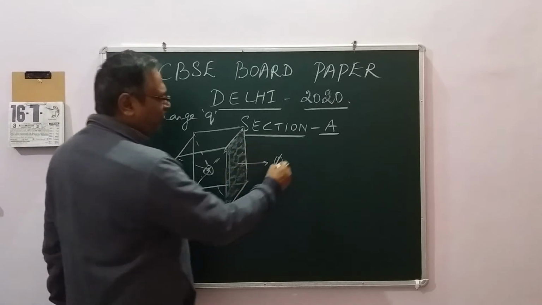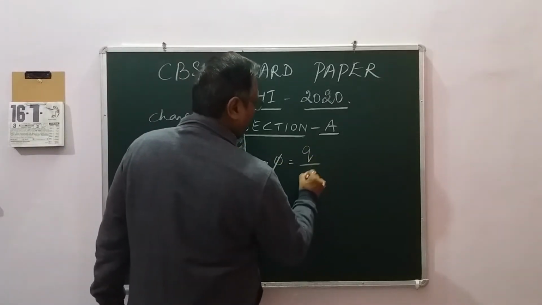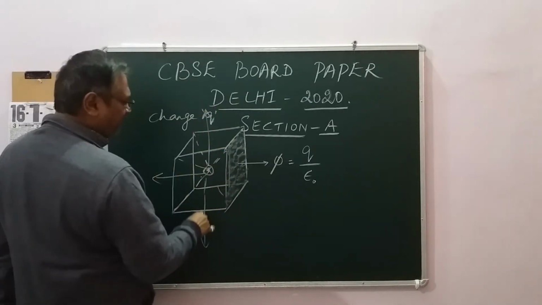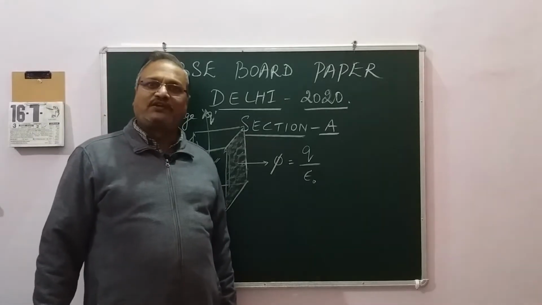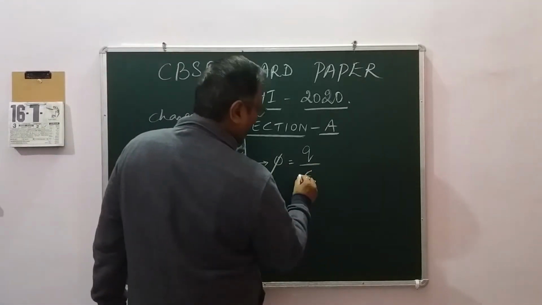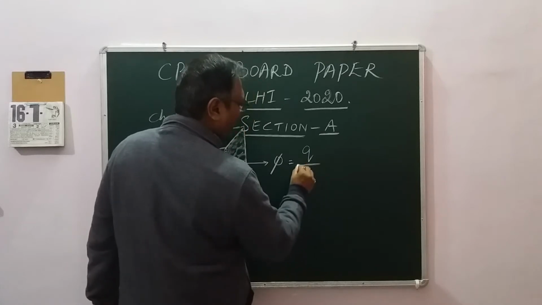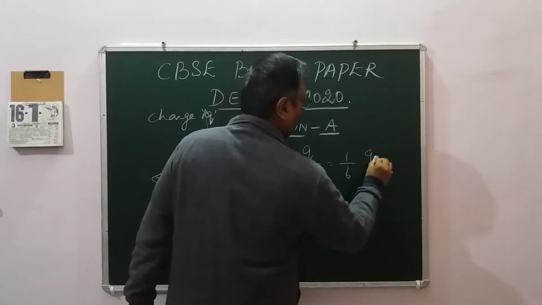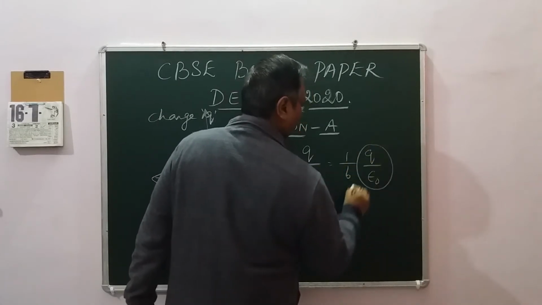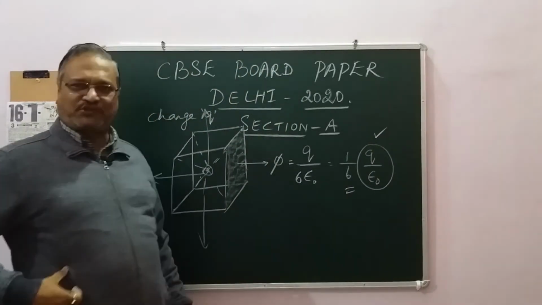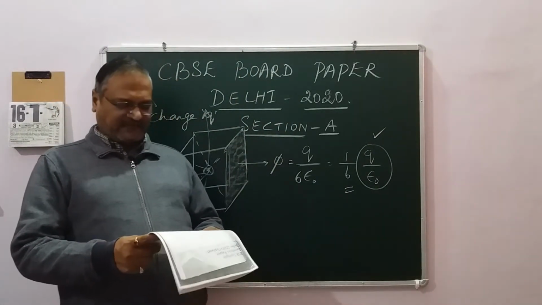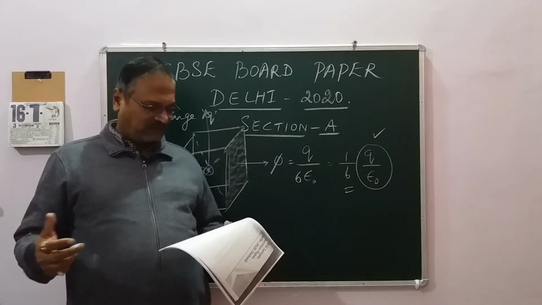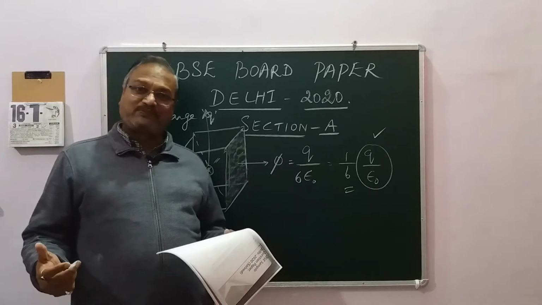Now what is the flux according to Gauss's law? Q upon epsilon naught. That is the flux passing through all the faces, right? But there are 6 faces. So it will be only 1/6 of the value, that is Q upon 6 epsilon naught. That is 1/6 of the total electric flux passing through. So this is the correct answer, and that happens to be A. I hope you understand. There are so many options given: 3Q upon epsilon naught, 6Q upon epsilon naught, Q upon 3 epsilon naught.